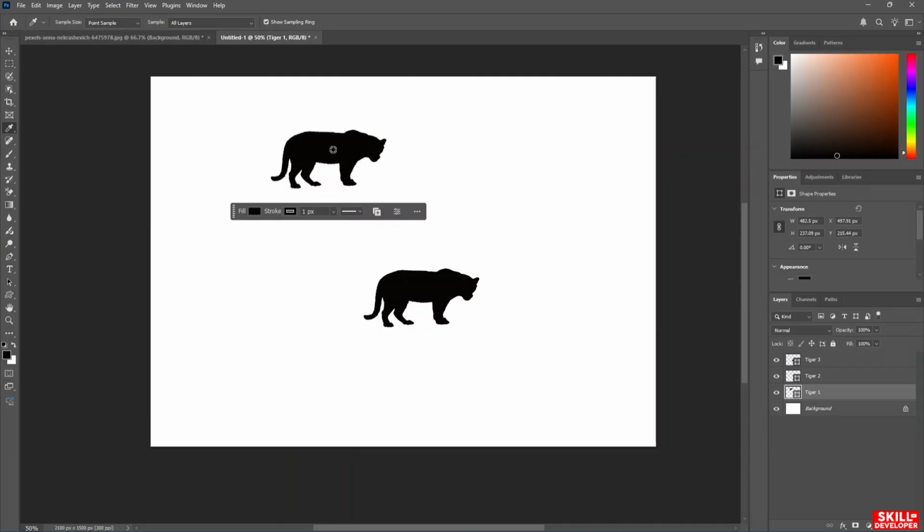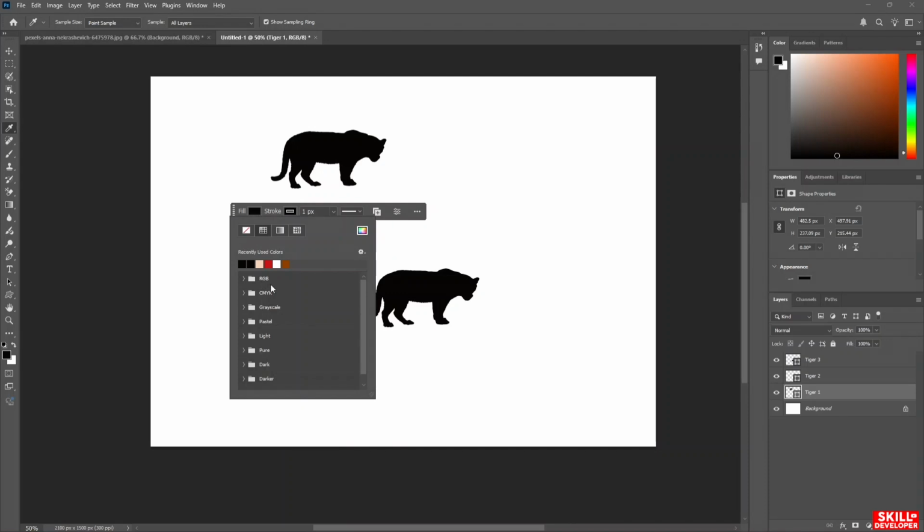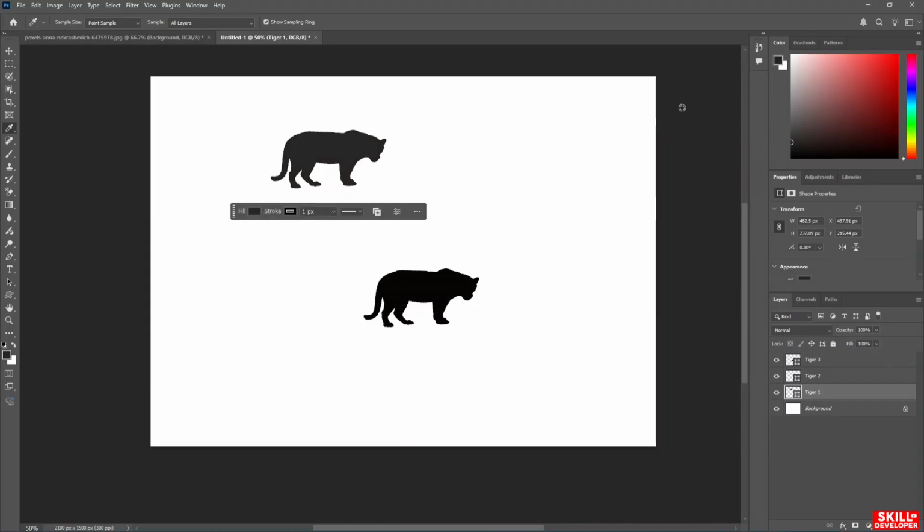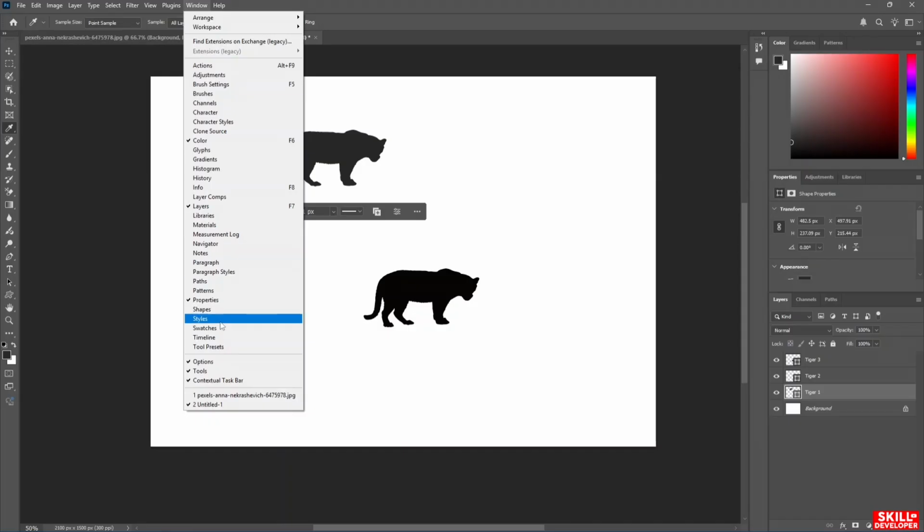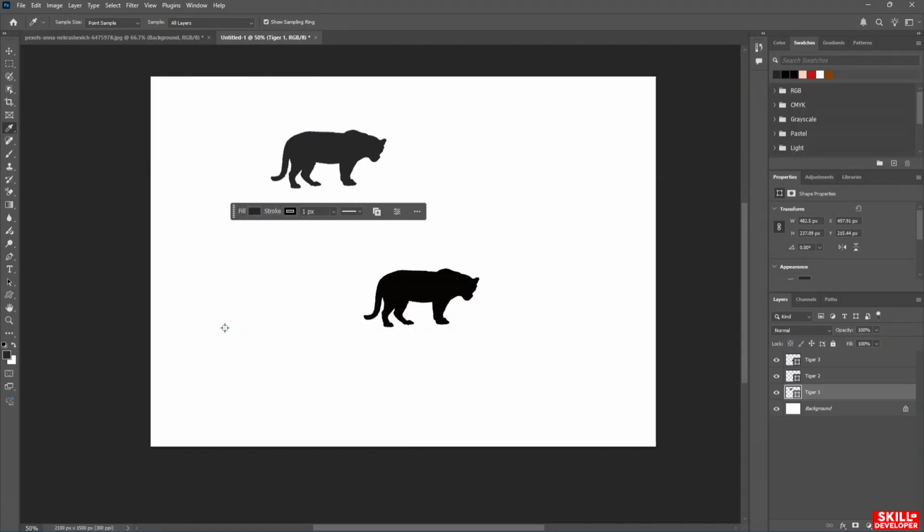And the next thing that I want to show you is swatch. Now swatch is easier because here you get to see the swatches in the recently used color, and this is what we call swatch. Since this floating panel is always here, you don't actually need the swatch, but if you are comfortable with the swatch and not very fond of this, you can always go to Windows and select swatches right here. And there you go. There you will have all the recently used color and all the color that you can think of